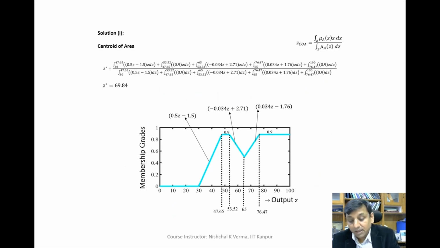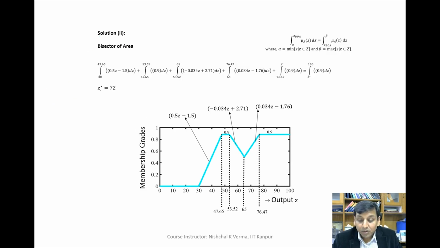The first method is the centroid of area. When we use centroid of area, I am not going to discuss this again because we have discussed it in detail in the previous example. So corresponding to x is equal to 55, y is equal to 45, we are getting the output as z star, which is 69.84. Alright, and then when we use bisector area, we are getting the output here as z star is equal to